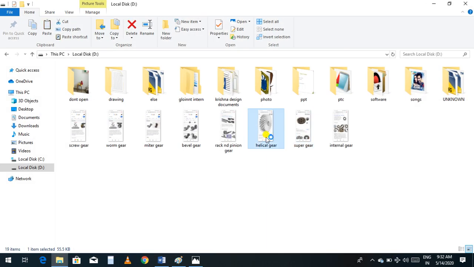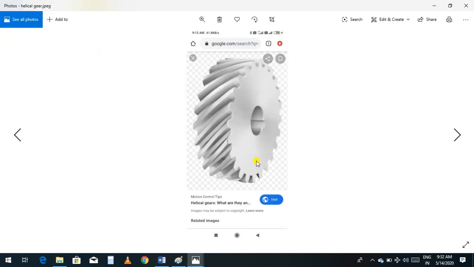Now you can see here, this is our helical gear. What is the difference between a helical gear and a spur gear? Nothing much. The outside teeth are given in a helical shape, with some curve. That is the reason it's called a helical gear.